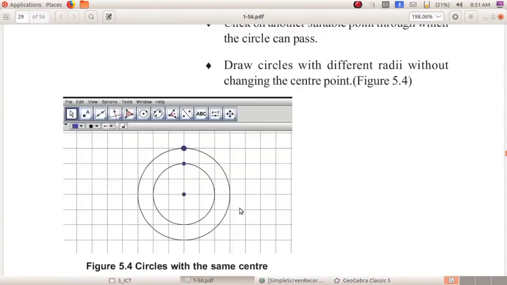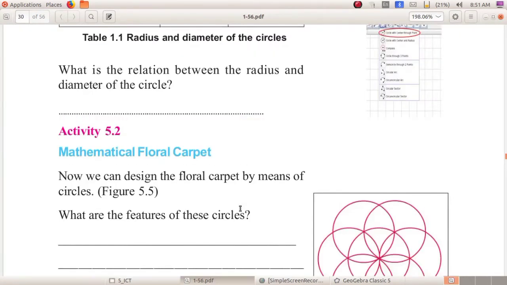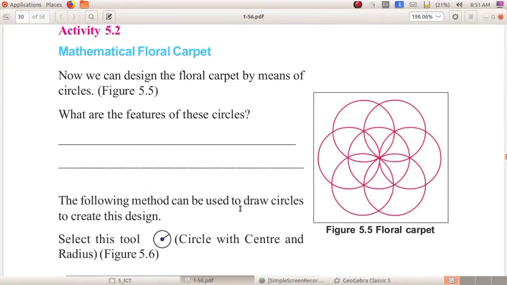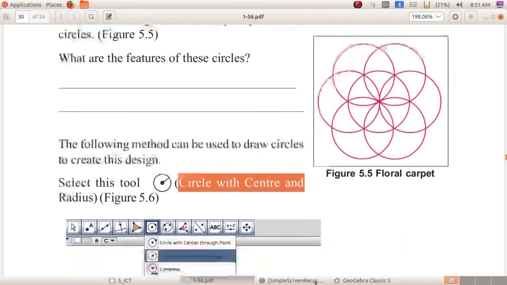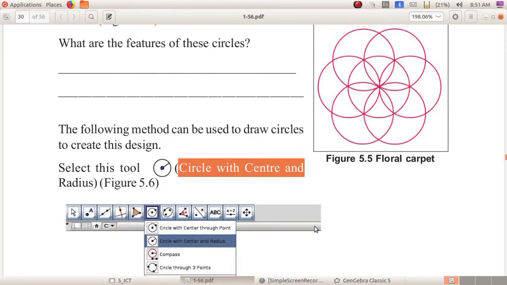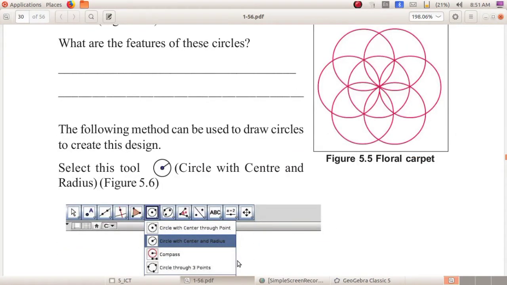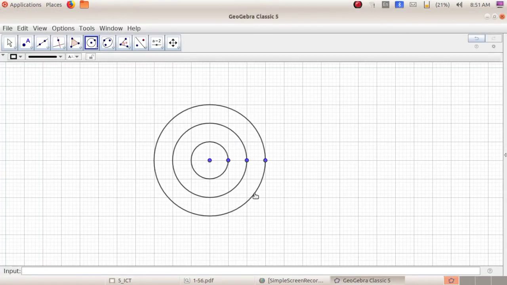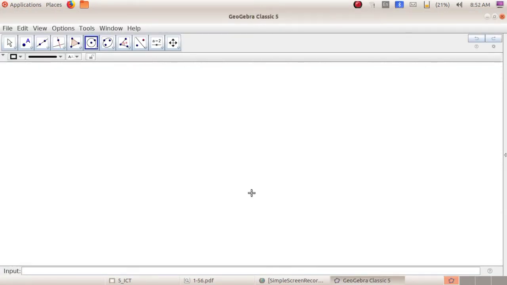Next we go to the second activity, that is the mathematical floral carpet. You can draw a floral carpet like this. For that we are using the tool circle with center and radius. I am selecting the circle with center and radius tool.